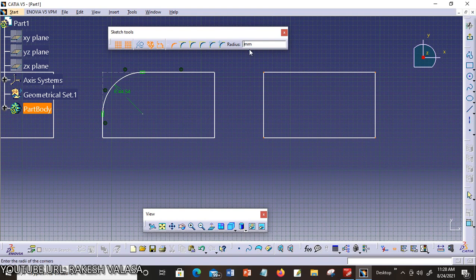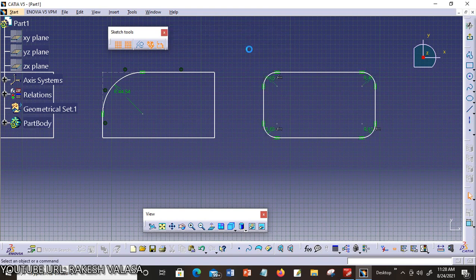Now I am entering 15 mm. Click enter. You can see here four corners. Four corners are created at the same time with the same radius value. Here I have given 15 mm radius. This is the procedure to create several corners just by multi-selecting the given sketch.